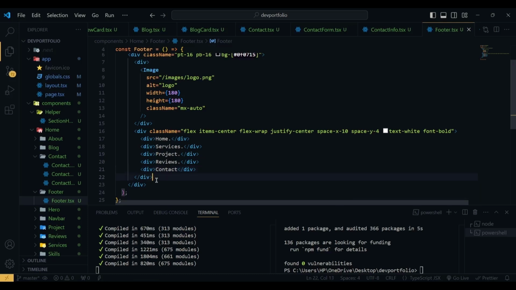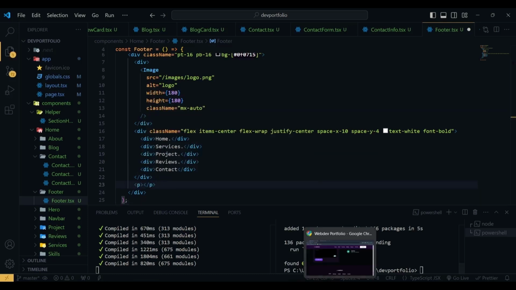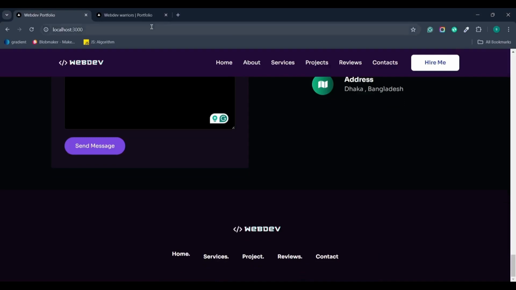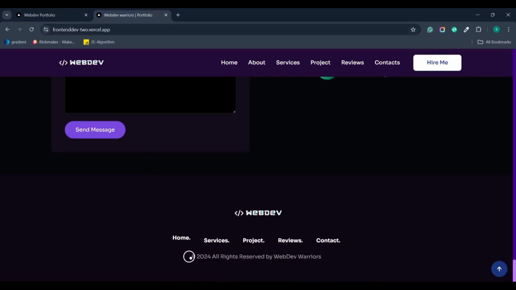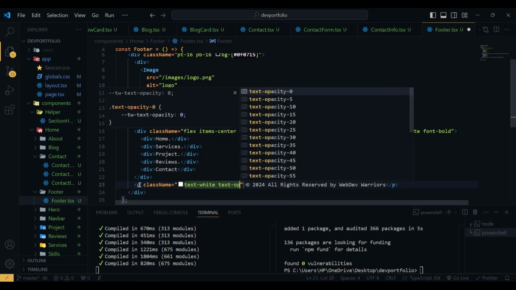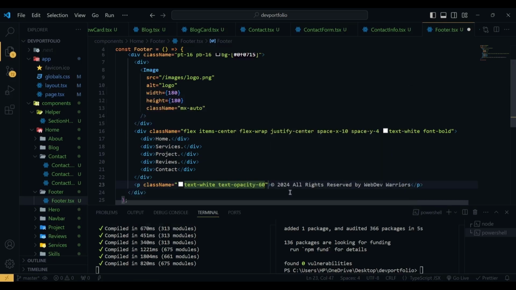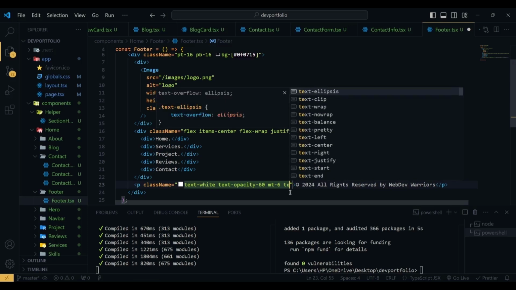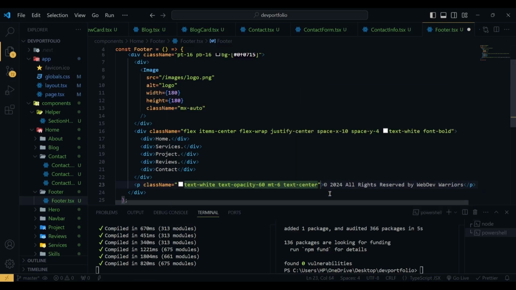So after this we have a p, and the content I'm going to copy it from the deployed one. So this is the deployed version, so let's copy this one. I'm going to paste it here, and this p will have a class name of text-wide, text-opacity-60, margin top 6, text-center, and that's it. So if I hit save,